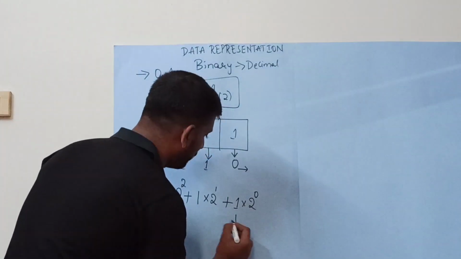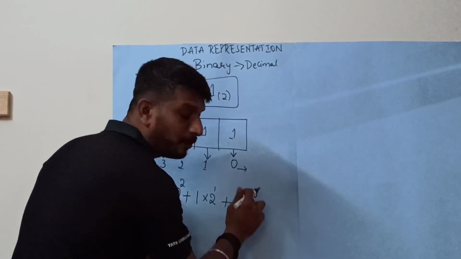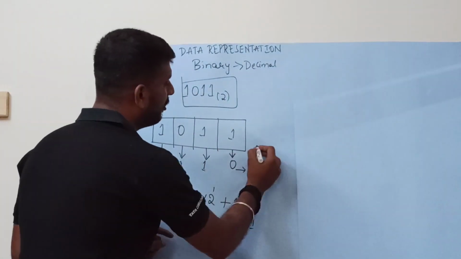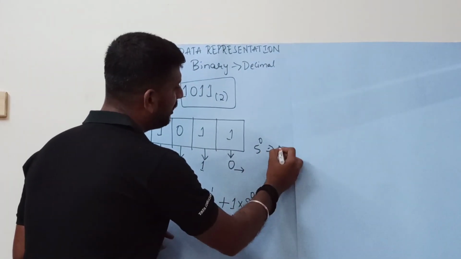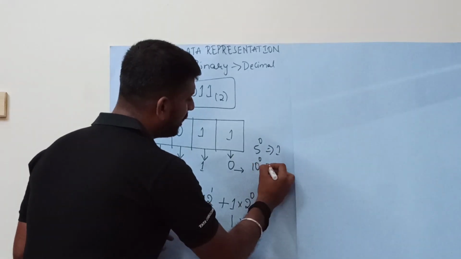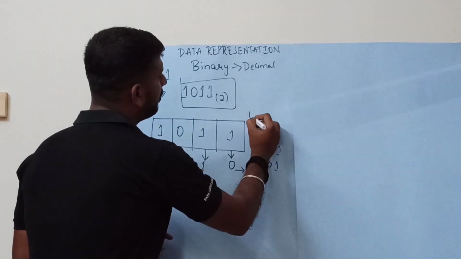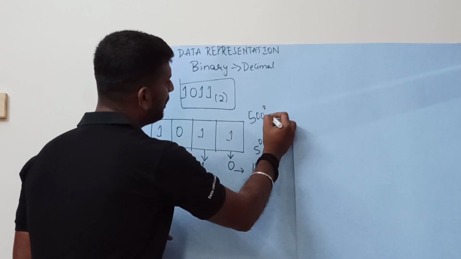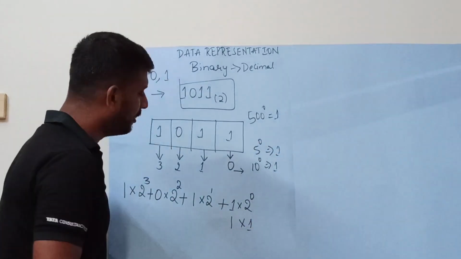So what I will do: 1 into 1. 2 to the power of 0 is nothing but 1. 5 to the power of 0 is nothing but 1. 10 to the power of 0 is nothing but 1. 500 to the power of 0 is nothing but 1. Okay, plus